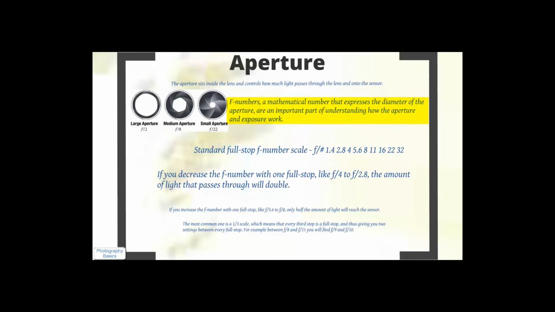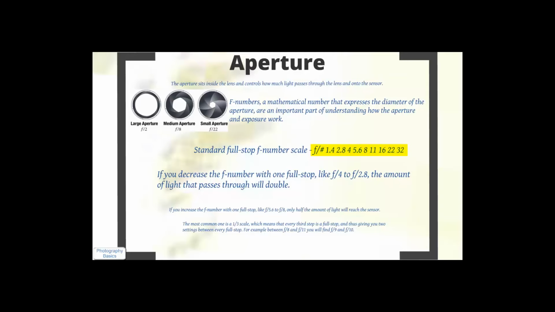Now let us discuss f number. An f number is a mathematical number that expresses the diameter of the aperture, and is an important part of understanding how the aperture and exposure work. All f numbers have common notations such as f/5.6 for an f number of 5.6. There are set numbers of f numbers that are used in photography. There are several different scales, but the standard full stop f number scale is this: f/1.4, 2.8, 4,